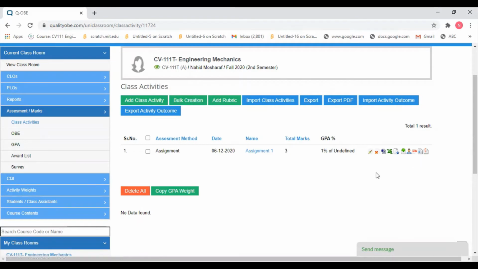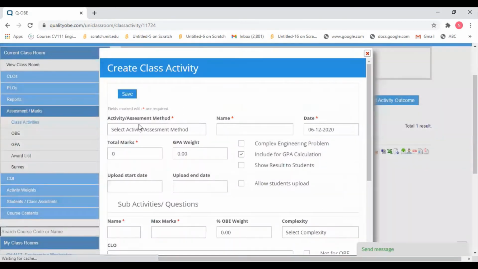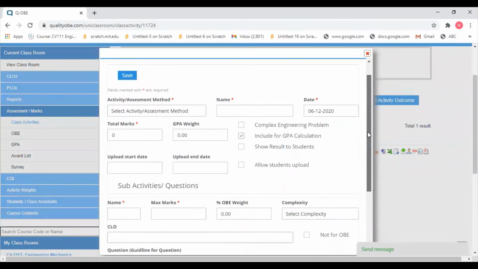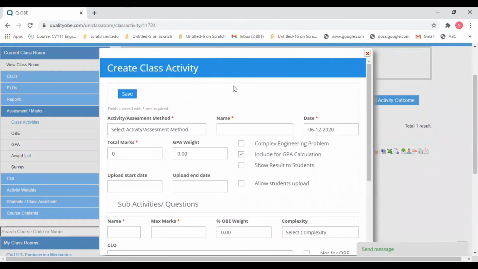So now I'm going to create another assignment activity. How can I do that? I am going to add class activity. If you want to add all the 3 activities under the umbrella of assignment, you can also do that. So I have done assignment number 2 here, and let me tell you when I have taken it. Let me check it out. I am going to click on the button and see on which date I have taken it. It is on 25th of September. So I am going to put the date of 25th here.